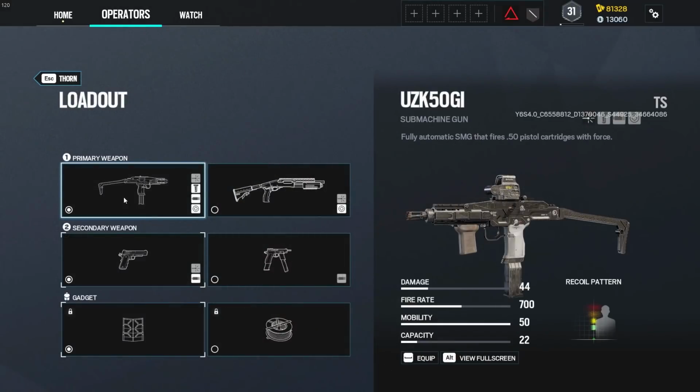Thorn has two primary options available to her. We're going to focus on the SMG, which is called the UZK-50GI. It's a fully automatic SMG that fires 50 caliber pistol cartridges with force. This is the new weapon that's added this season, and it is a beast, okay? Look at these stat lines. Damage 44, okay? That's a lot of damage for a defender weapon. I want to say that as far as the full auto SMGs, only Frost's SMG does more than that,